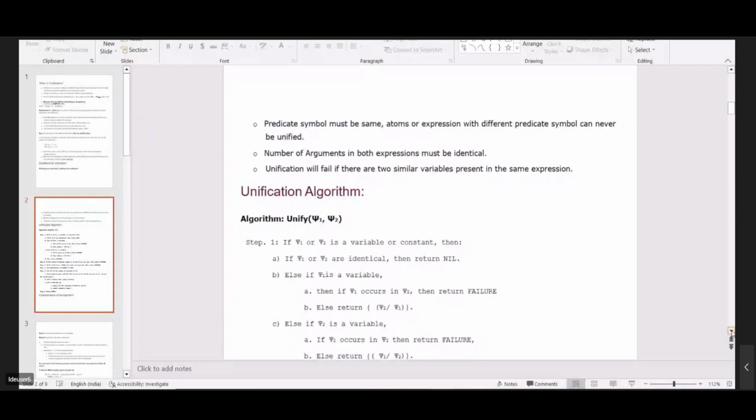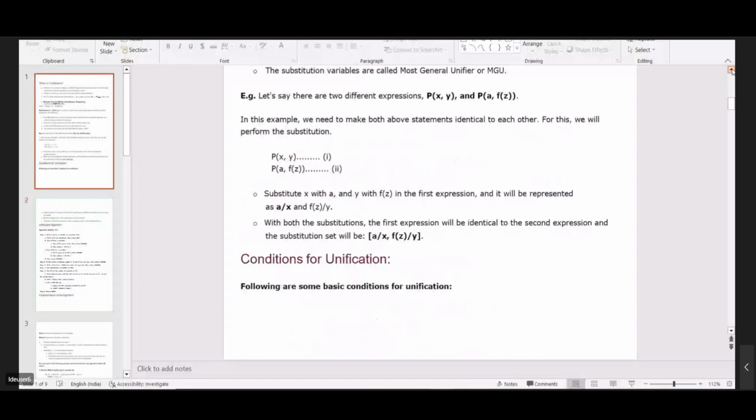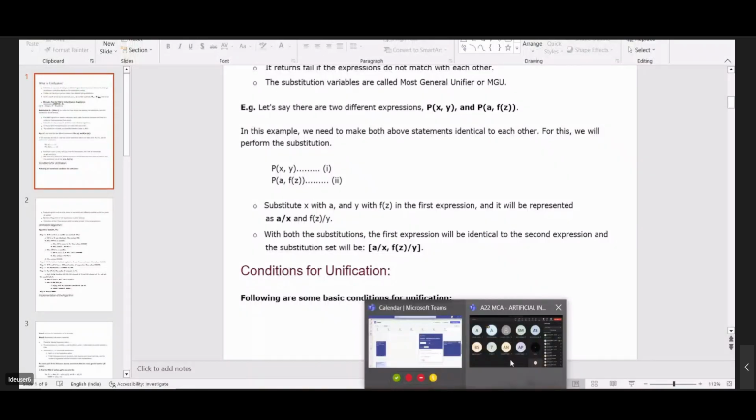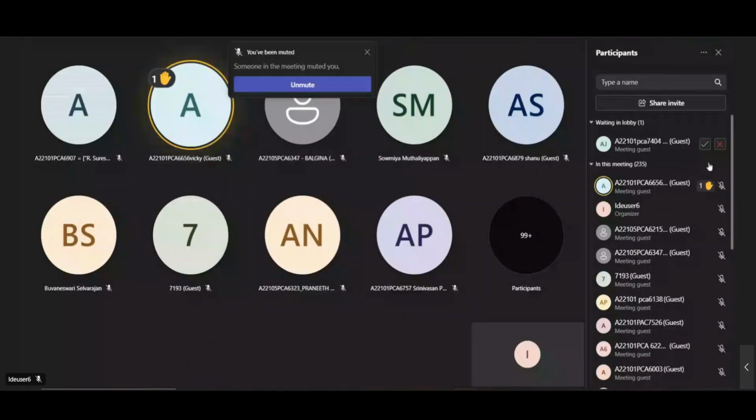Hello. Unification. Yes. Hello. Continued. இல்ல சார். ஆமா சார். எனக்கே சொன்னாங்க ஏதோ